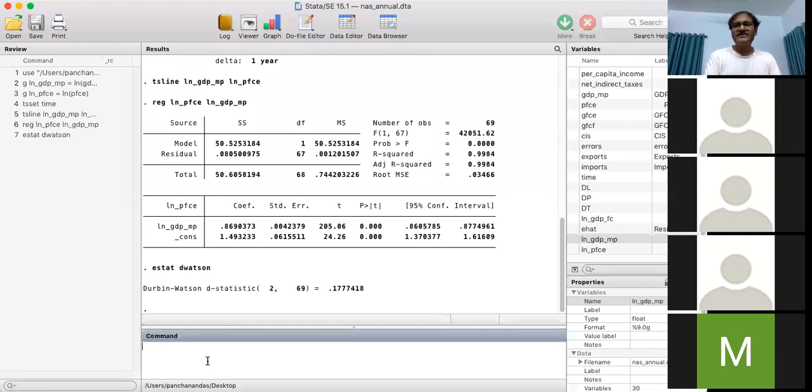But before using Dickey-Fuller test, you have to check the optimum lag length or the order of autoregression present in the series, and you know all these steps by applying the command varsoc space the variable name,